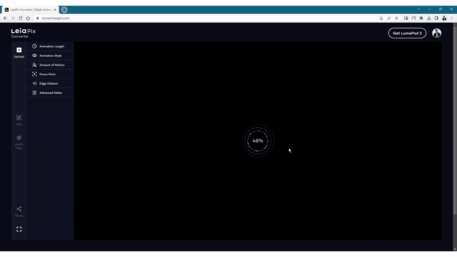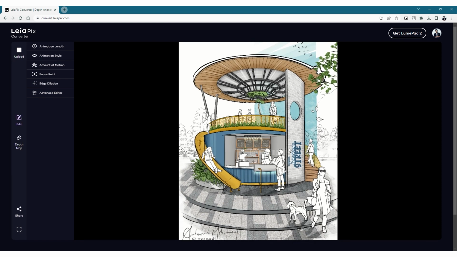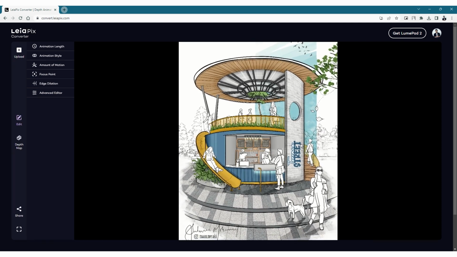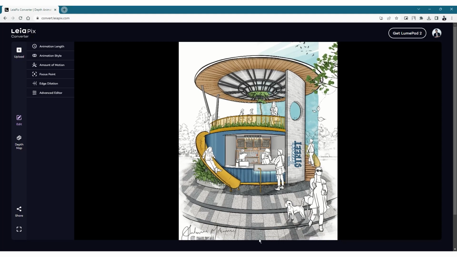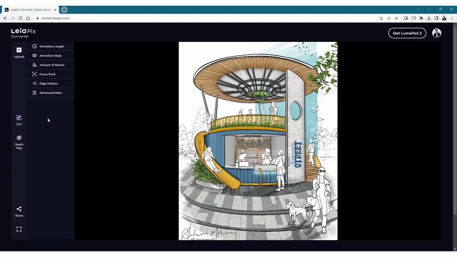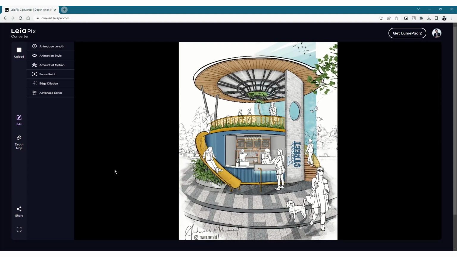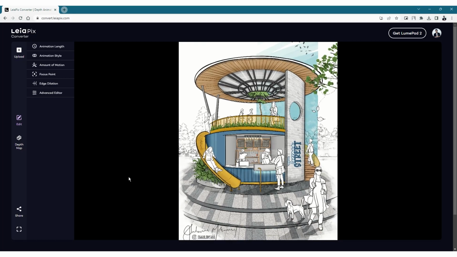I'm uploading one of my digital illustrations of a coffee bar and let's see what it does. And there, the website automatically creates an animated video of the image. All it took was a few seconds to upload the image. And if you do want to edit the style of animation, you can still do that by using the tabs